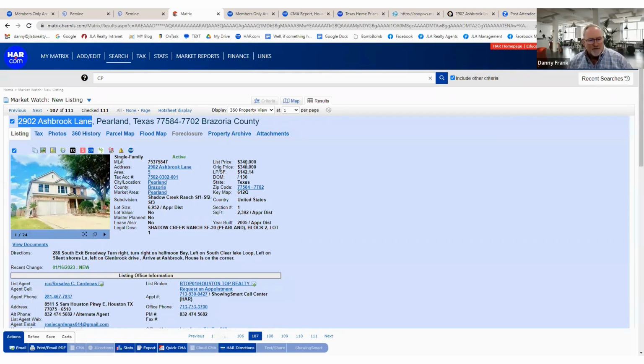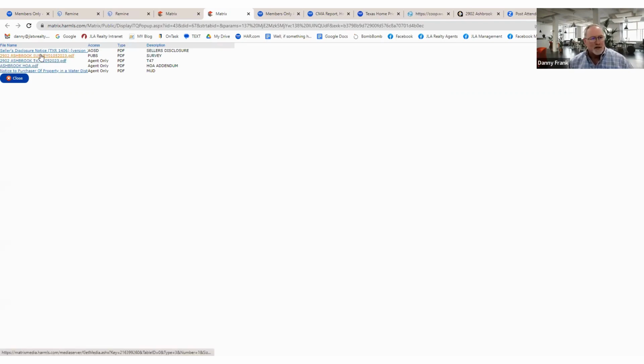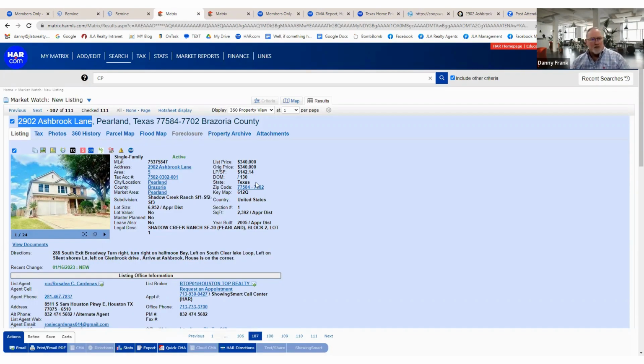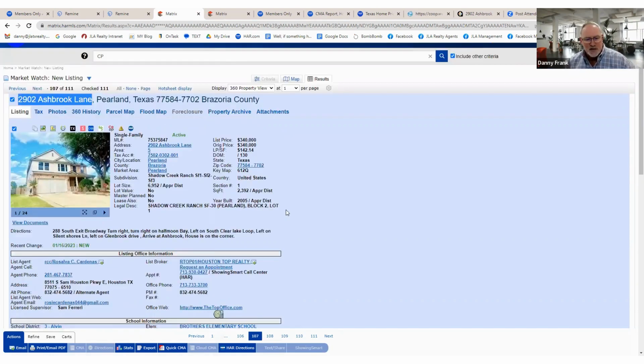So if there's nothing wrong with the house and all of that stuff, we can go in and look at the attachments and look at the seller's disclosure notice. I tell everybody to do all that stuff, and I don't want to pull that up here on the consumer side because I don't want to disclose all that stuff. It's not mine to disclose. But what I do want to show you is that we came up with the price of a house that I just picked, that's been on the market for less than 7 days.